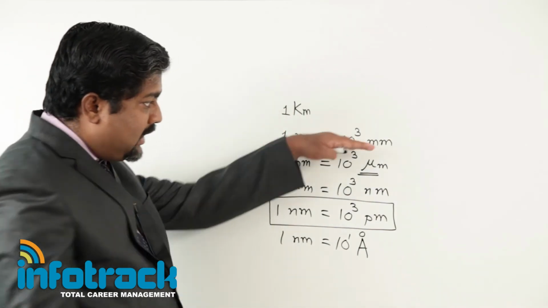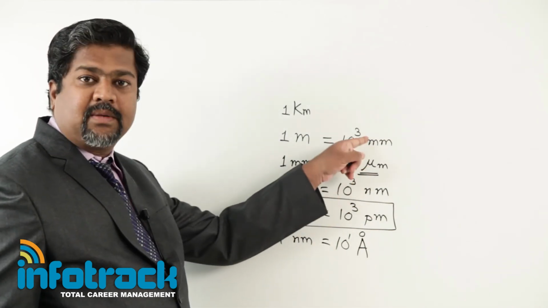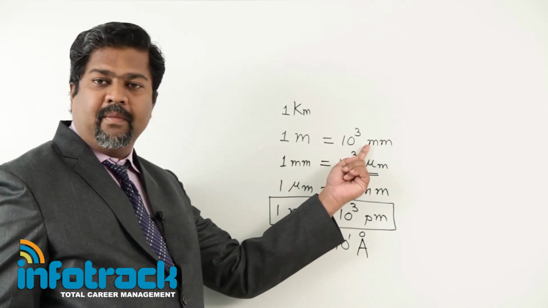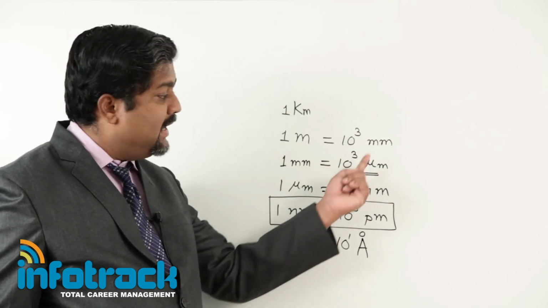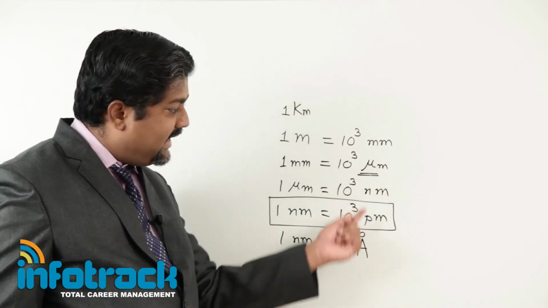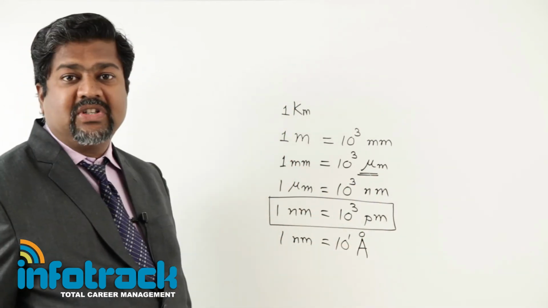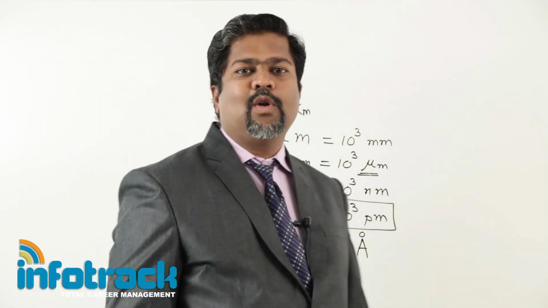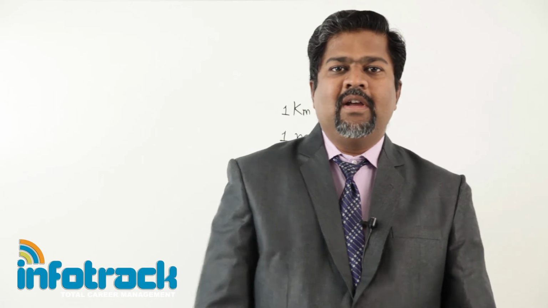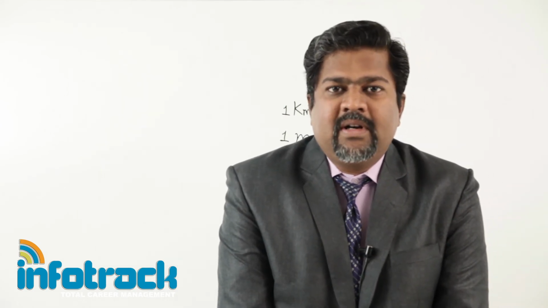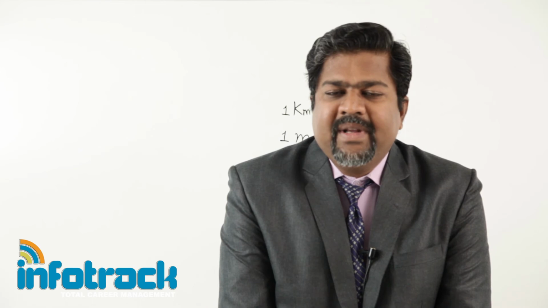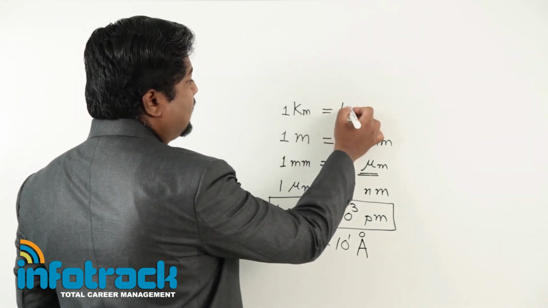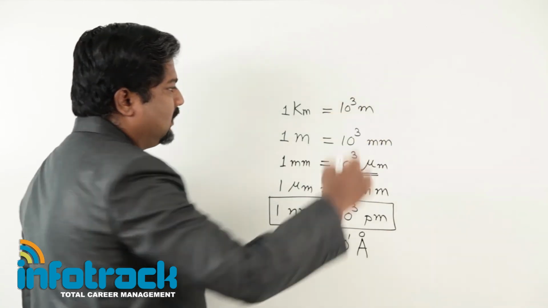When we are going to lower units, we are using a prefix. Prefix means a word or letter that is used before. So here milli is a prefix, so I am using small m. Micro, mu, like that in small terms, whereas here I have to use a capital letter. So kilo stands for 1000. Don't tell me that kilo stands for weight. Usually many people say give me this quantity as 1 kilo. So kilo means 1000. So here I am getting 1 kilometer, that is equal to 1000 meters.